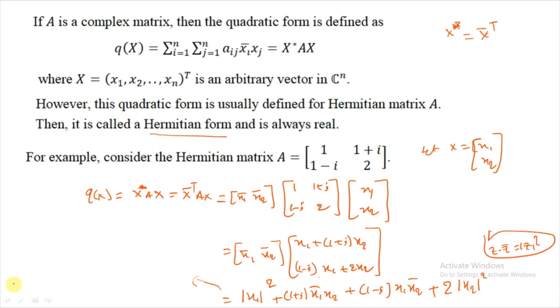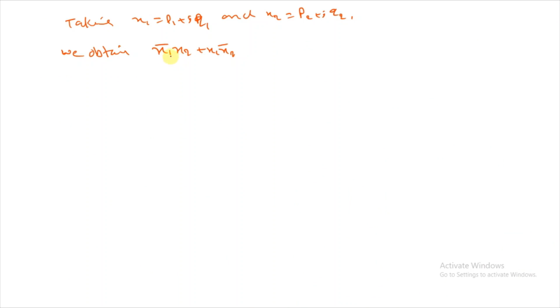The same as you can write |x2|² + |x1|²... That means x1 conjugate x2 plus x1 x2 conjugate. If I take i common, i into (x1 conjugate x2 minus x1 x2 conjugate). If I take i common, x1 conjugate x2 minus x1 x2 conjugate. This one. We obtain x1 conjugate x2 plus x1 conjugate x2 equal to this one, p1 minus i q1 (x1 conjugate means p1 minus i q1)